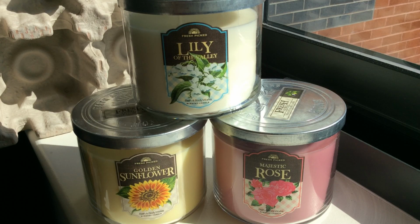So I'll give you my standard sort of in-depth sniff and review, and I'll try to compare these to some past scents. But they're a little bit difficult to compare. I've had these for a few days. I mentioned it on